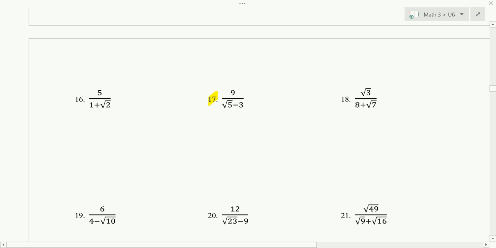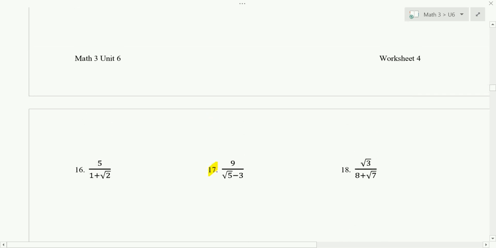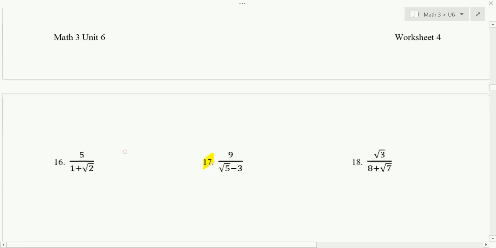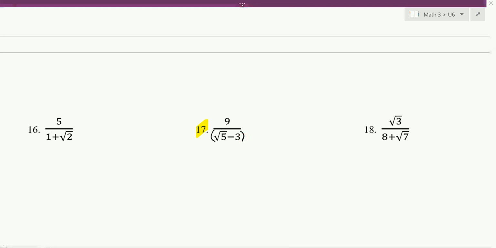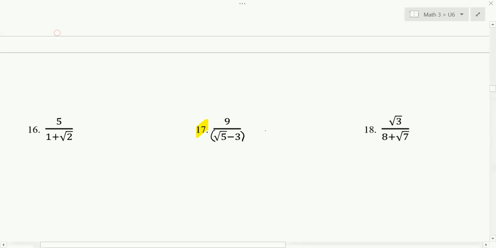Next, let's look at 17. We have a fraction, and we need to rationalize the denominator. We have that square root of 5 there, but it's as a binomial. We got square root of 5 minus 3. The trick to getting rid of the square root in the denominator is to multiply this fraction by square root of 5 plus 3 over square root of 5 plus 3,